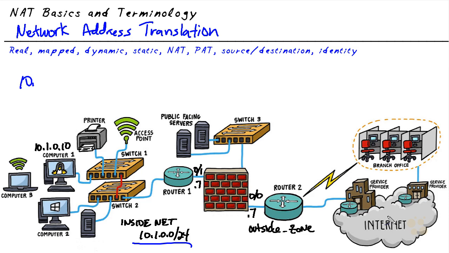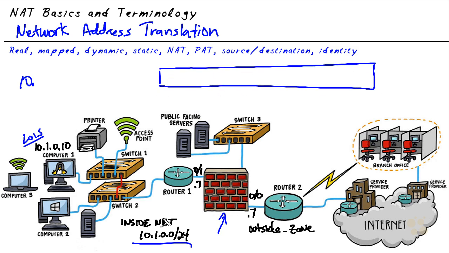We're swapping out or changing or replacing the real IP address that's being used on a computer with one that's usable in the network, specifically on the internet, if Lois, this user right here, is trying to go out to the internet. So if we configure a network address translation policy for our firewall and we tell it to do translation, then it'll follow that policy and those rules, and it will simply swap out the appropriate IP addresses every time it sees it. So our policy may say something like this: any traffic that's coming from the inside network,